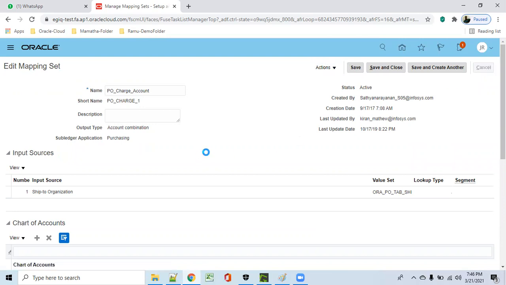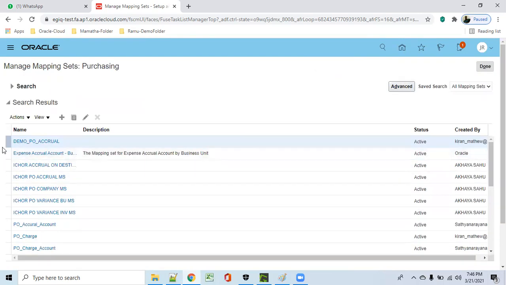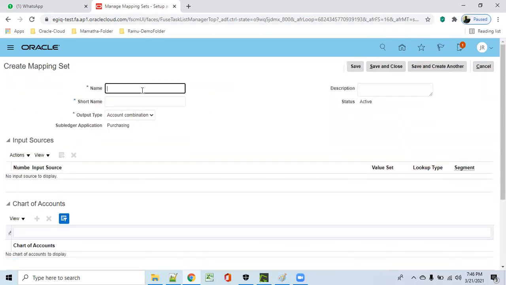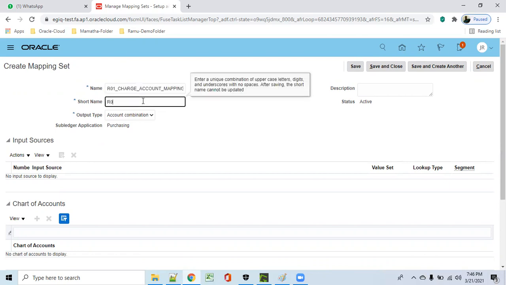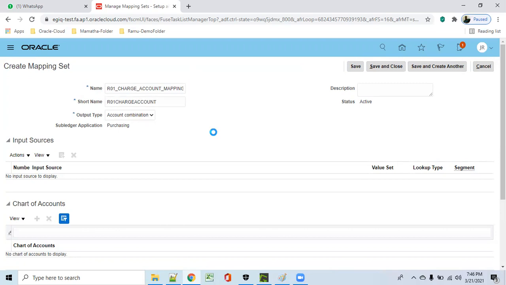So did we forget the mapping set? Okay, so R01 charge account mapping. R01. See, I'm struggling myself also. What is this one? Why do we have this many things? If you're not doing anything, it is very tough, man.